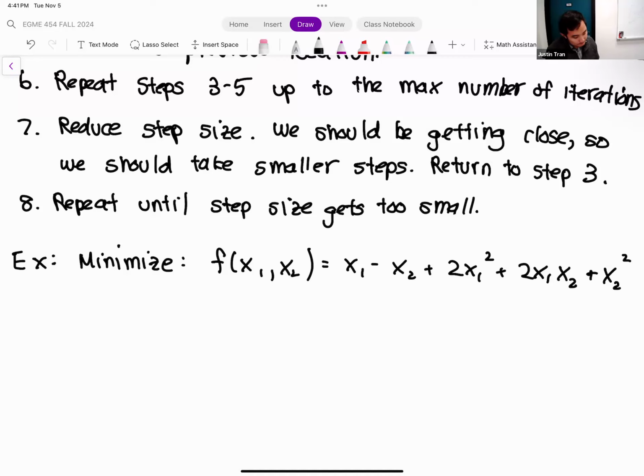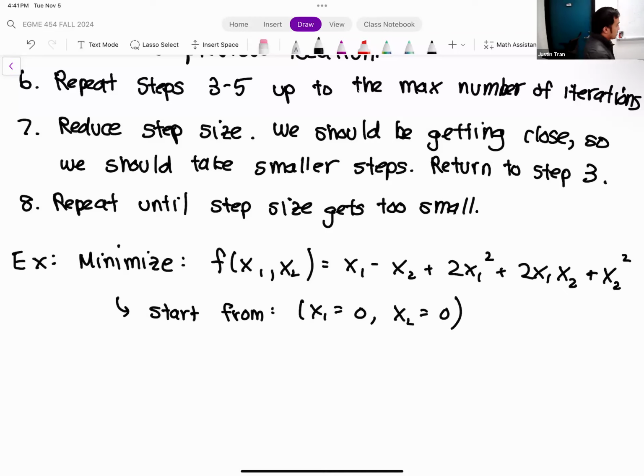And we're going to optimize this function using random walk. And so we need a starting point. So we're going to start from the location 0, 0. So we're going to start with zeros on both x1, x2.